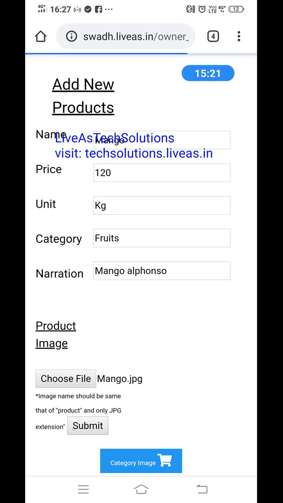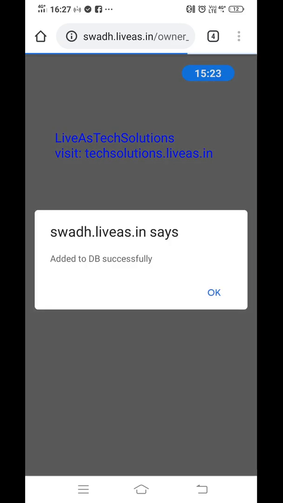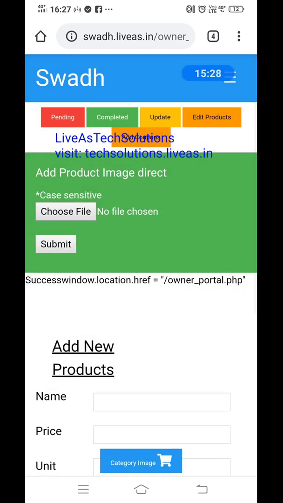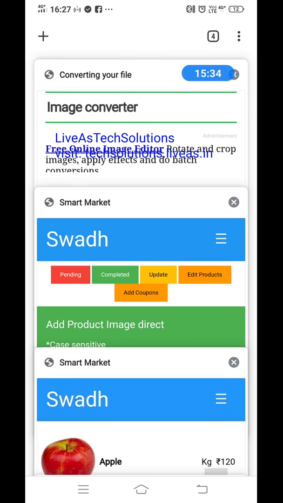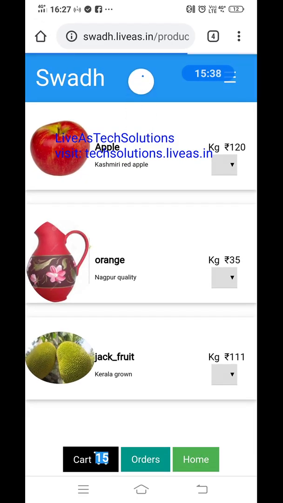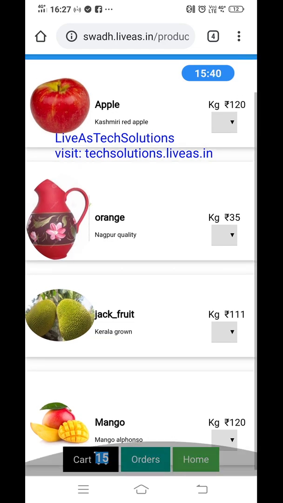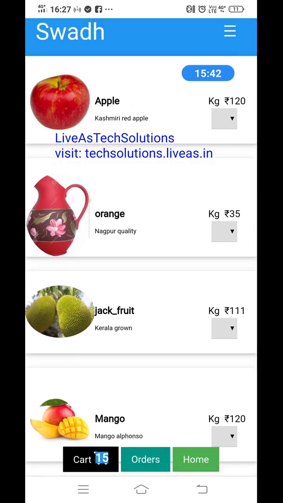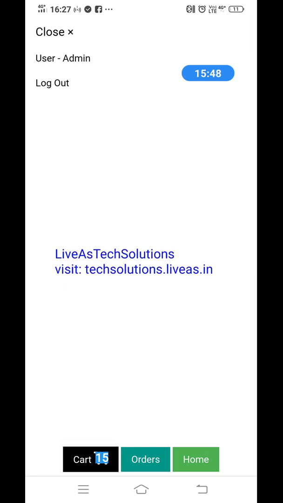See, this is added into the category of fruits. The fruits category is already created and an image is also already there, so no need to add any category. Now you refresh it, you can see mango here. Previously mango was not there, now mango has come here. So that's all about adding